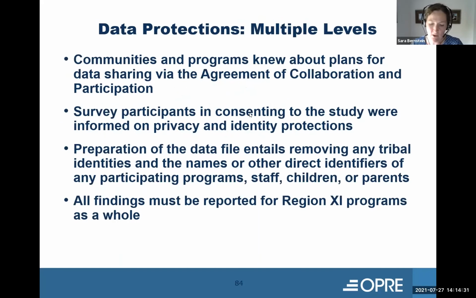Okay. So the agreement of collaboration and participation is a document where we specified what was being asked of the communities and what Mathematica was going to do. So things like working with the Administration for Children and Families, Office of Planning, Research and Evaluation, and members of the AIAN FACES work group to ensure that future analyses of the AIAN FACES data are done accurately and recognize the uniqueness of